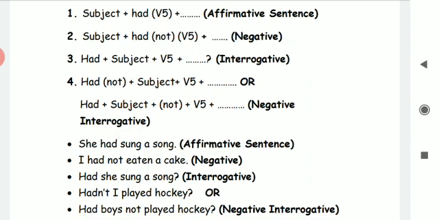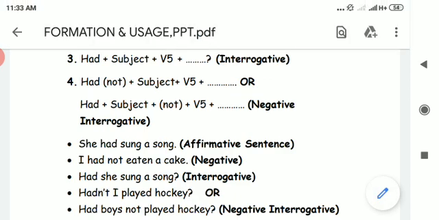Okay. Now, boys and girls, I simply mean one thing. In present perfect cases, you are using have and has plus V5, always in present perfect cases. Here, with each and every subject, whether singular or plural, whether first person, second person, third person singular, or the plurals of all that, you are using simply had.